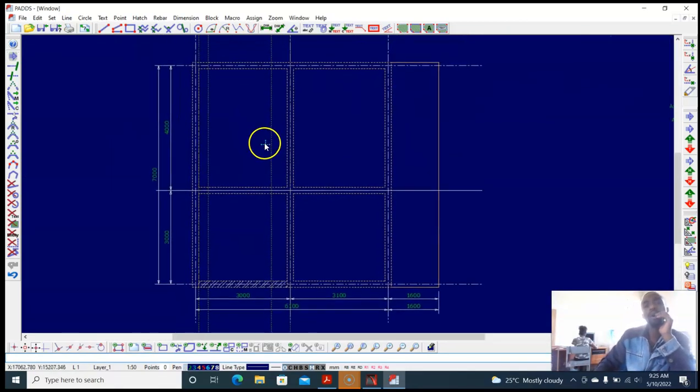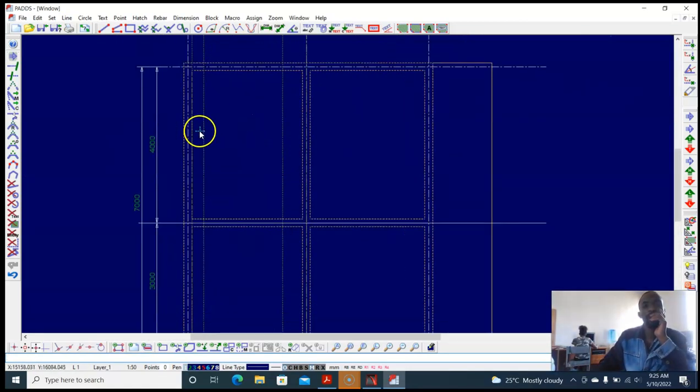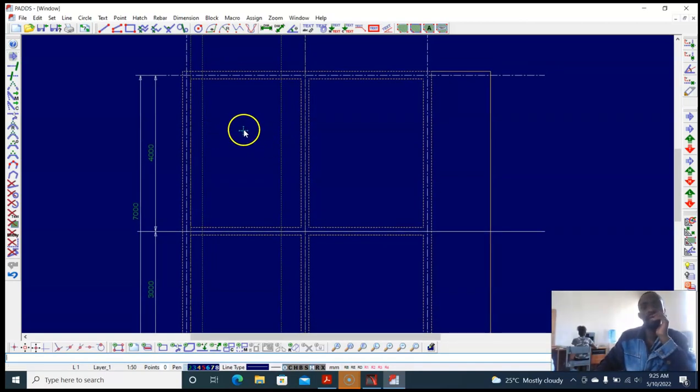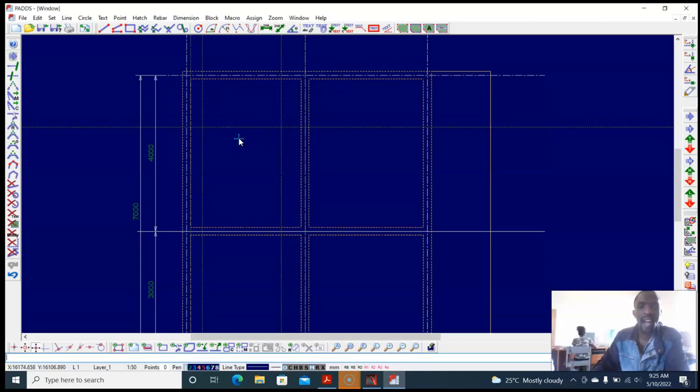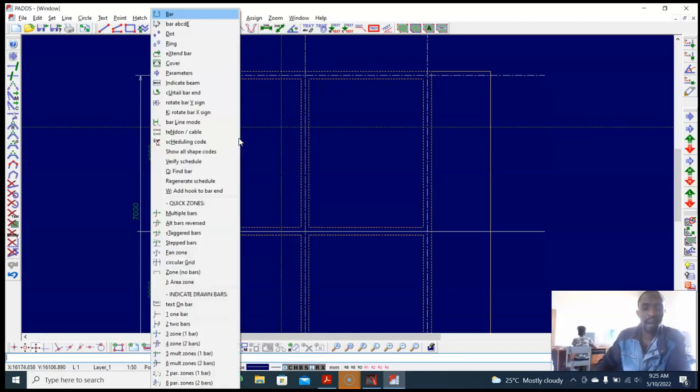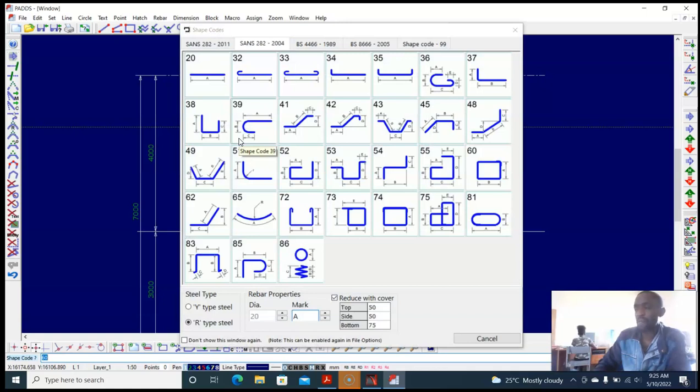So according to the code, you need to put a reinforcement starting here and ending there. You see? So let's put that reinforcement. I clicked there. I click there. I do a construction line LX. So I'm going to put reinforcement RB. I type RB. So we have reinforcement here, and we say it's tens at